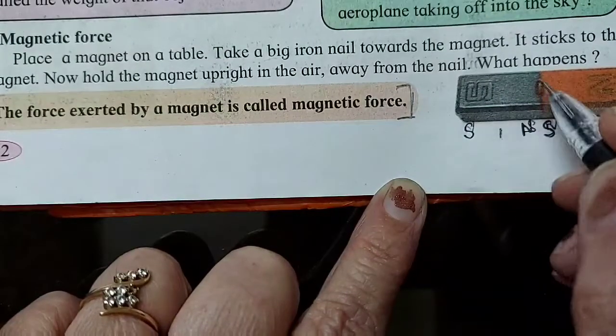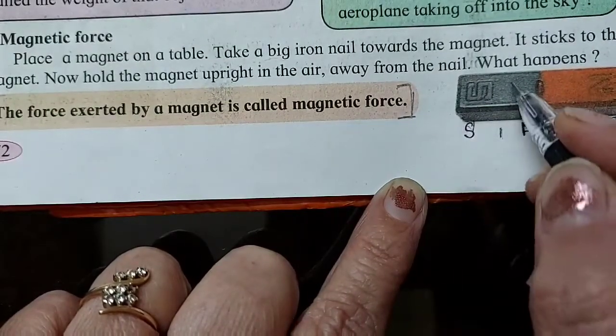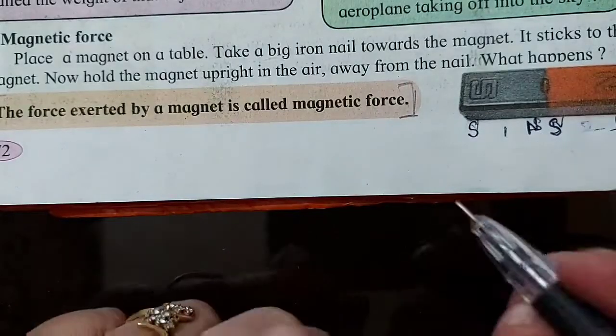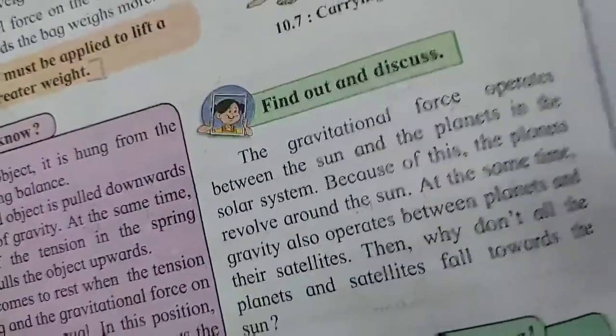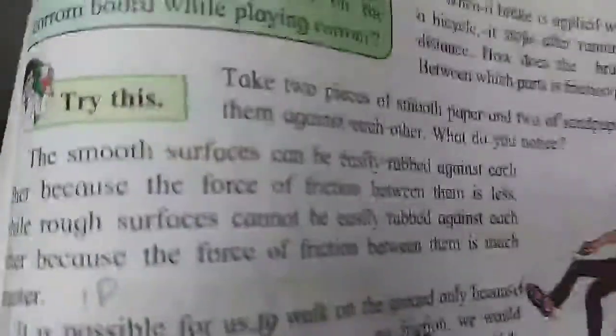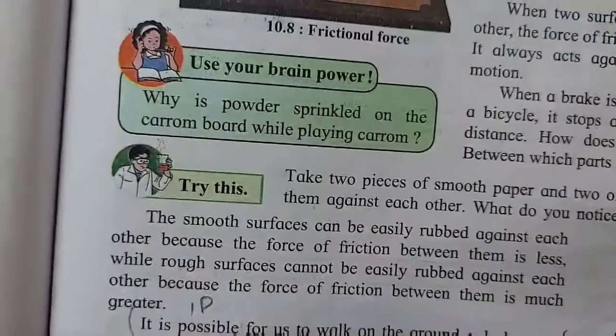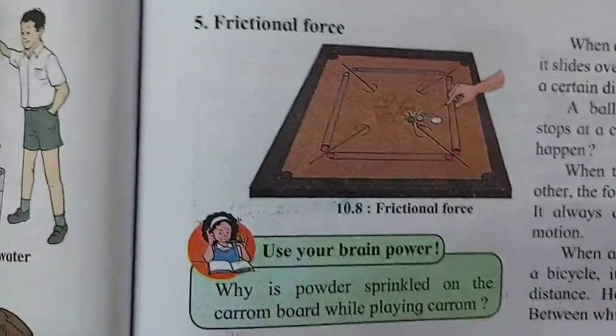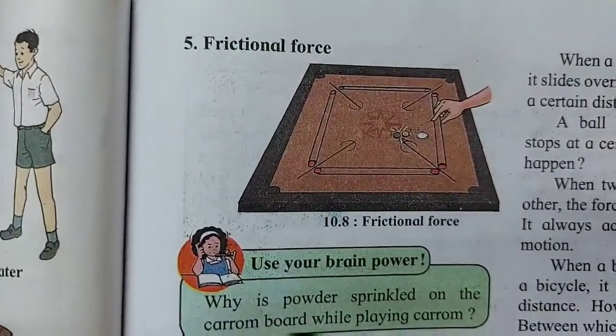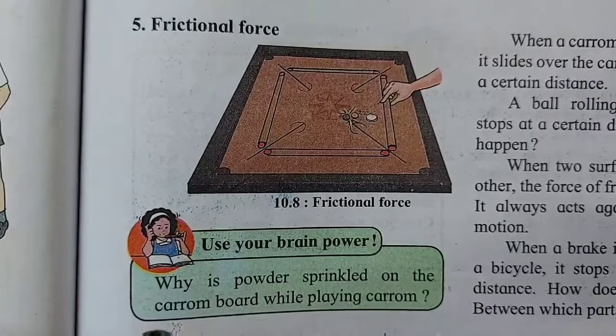If I make again, now this I made two pieces. Now if I am making four pieces, again that piece will also have north pole and south pole. So what do we understand from this explanation? That the poles of a magnet cannot be separated. What did we learn? The poles of a magnet cannot be separated.